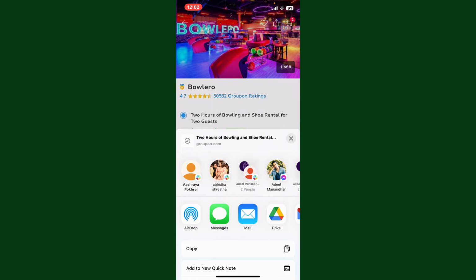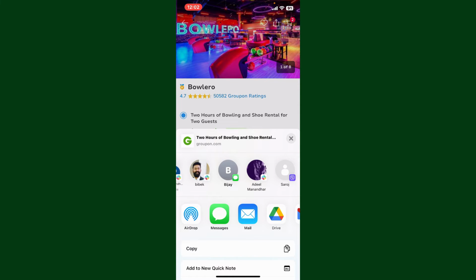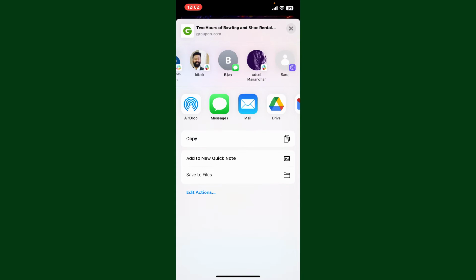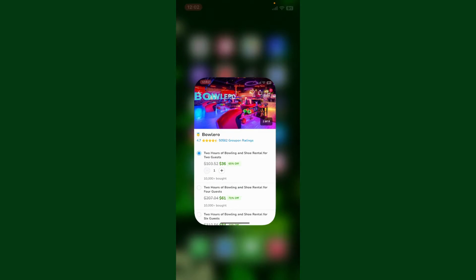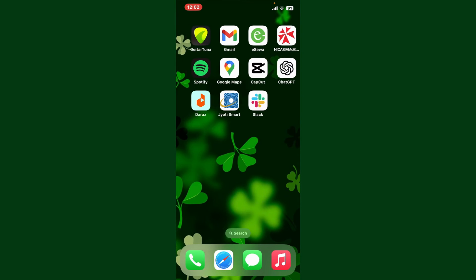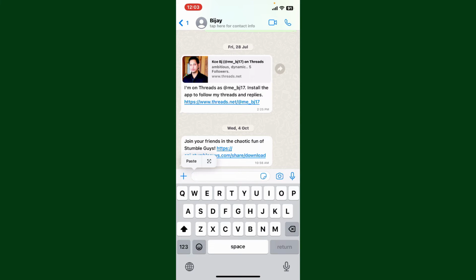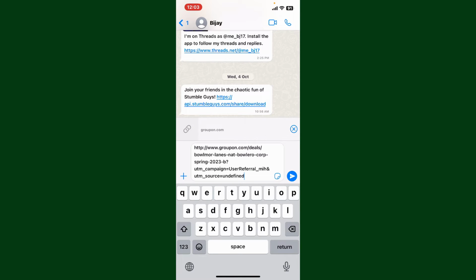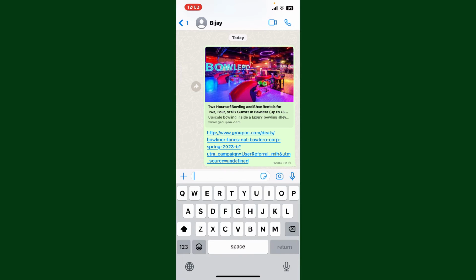You'll then see this kind of a pop-up. You can go ahead and send the deals to a friend by browsing through your friend list, or you can also copy the link by tapping on the copy button and then go to any other social networking applications and share the deal to the person by pasting in the link in the text box. Send the message to the contact and then you'll be able to share a specific deal with your friend or